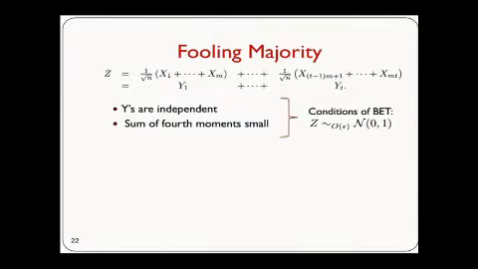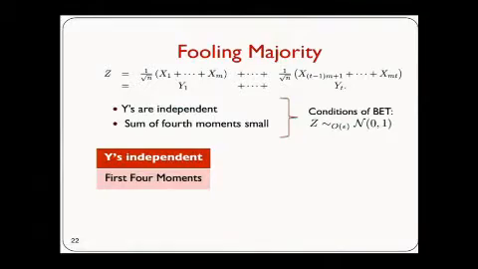So this is the summary of the previous slide, and as Amir pointed out, we are getting a much weaker bound here, which is O of epsilon, whereas if you use the Berry-Esseen theorem directly on the xi's, we get a bound of 1 over square root n. But the point of doing this weaker analysis is that here we only need weaker assumptions on the xi's. In particular, all we need is that the yi's be independent of one another, and we use some conditions on the first 4 moments of the yi's.